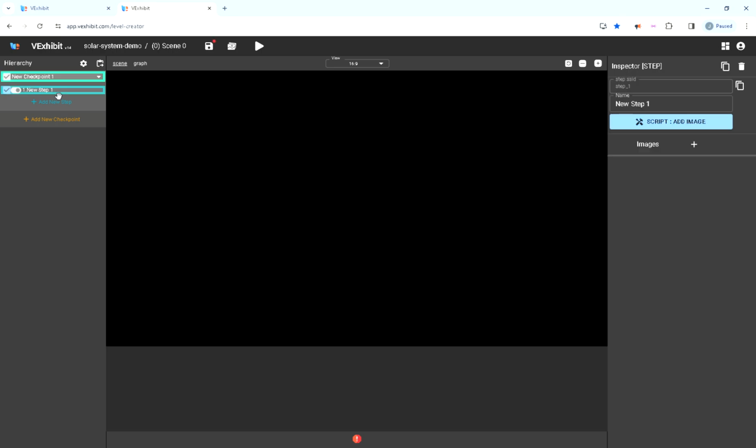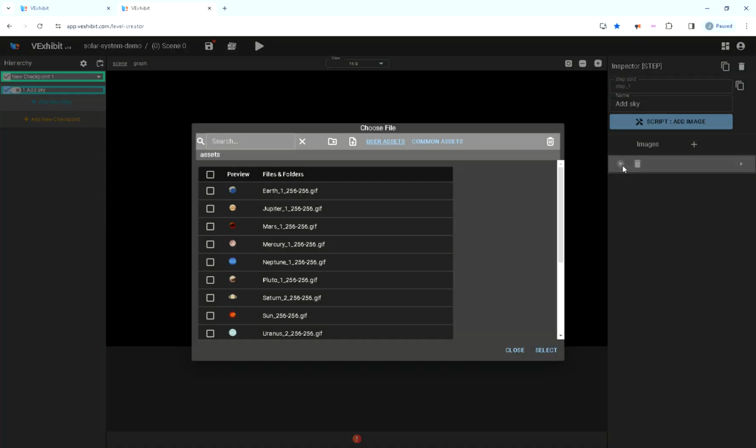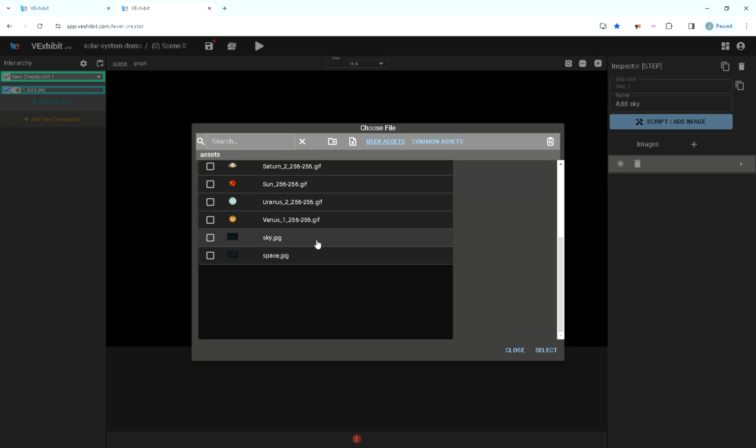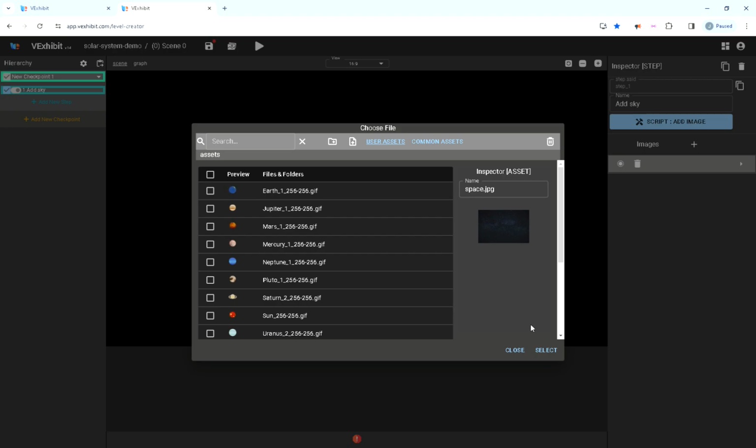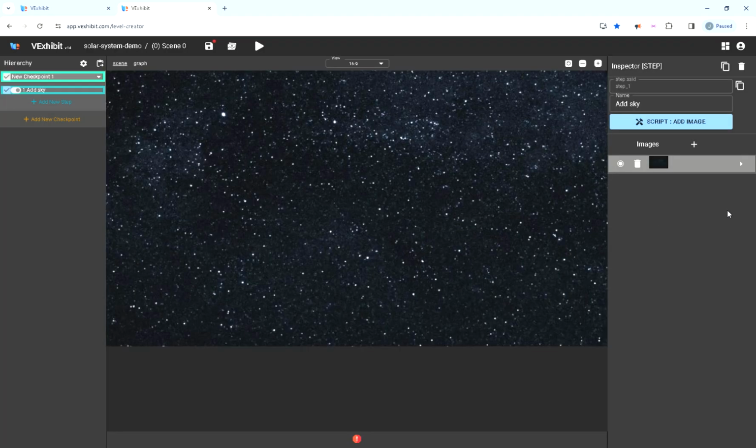Let's add a background as a sky. First step. Okay, so add sky. Okay, and it will be an image for sure. Okay, let's take it and select this one. There are two, sky and space. Let's take this as space. It's a similar one only. Okay, and let's take it